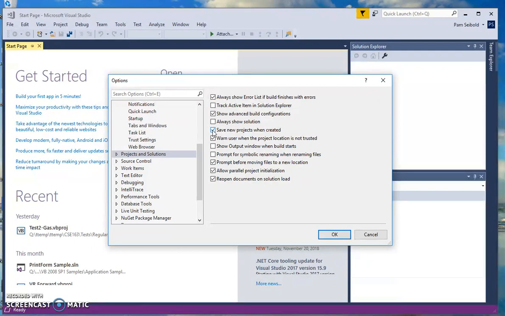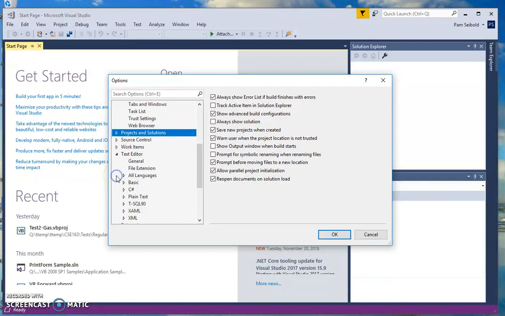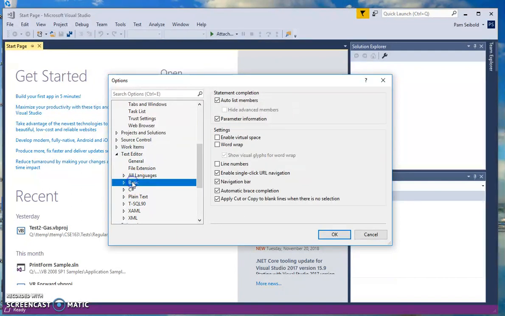Then you also want to click on the text editor and notice that there's a triangle next to text editor. I want to get the subset. So when I click, the triangle goes down. I want to get into Basic, since that's the language we'll be working with. And what you want to choose over here is 2 things if they're not checked. If they're checked, great. It seems like Visual Studio 2017 has line numbers already checked, but if not, that's nice